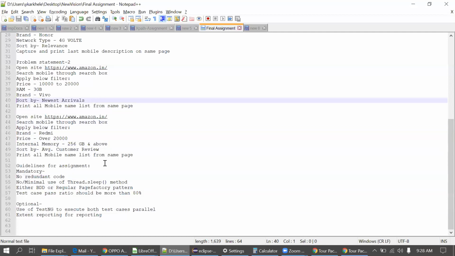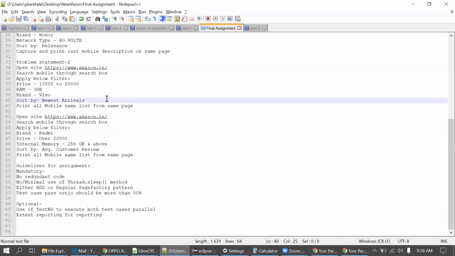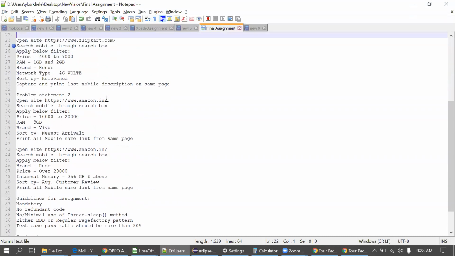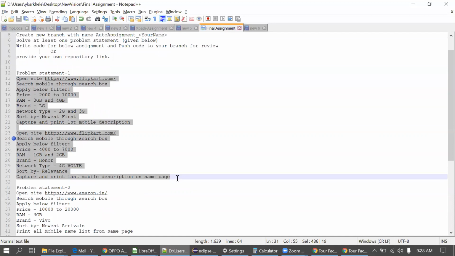So first is Flipkart and second is Amazon. Either one, you can choose any assignment here. This is again similar. In this Flipkart one, there are two of them. Then we need to do both of them, right? Yes, it's similar. Only the filter changes. Yes, you have to do both. So we can use the same method, right? Yes, the same method you have to use.